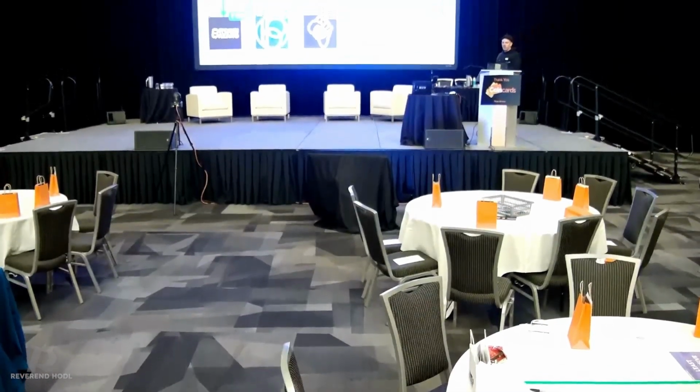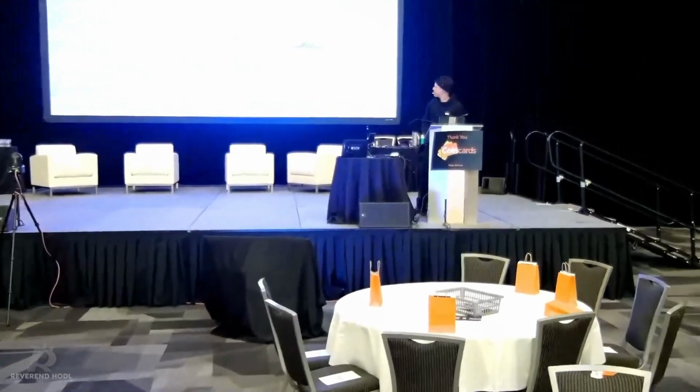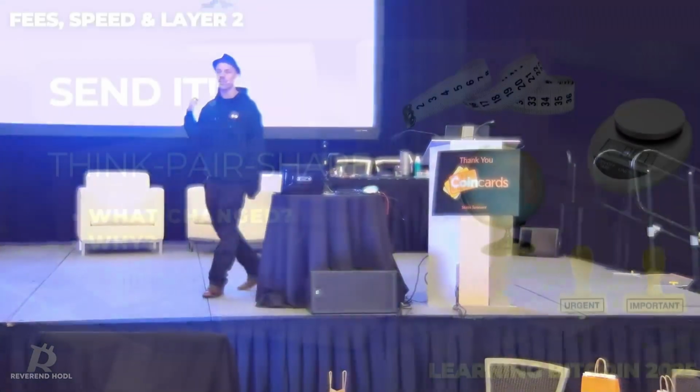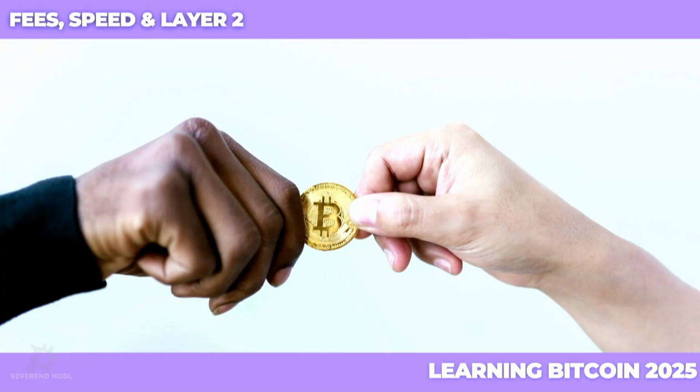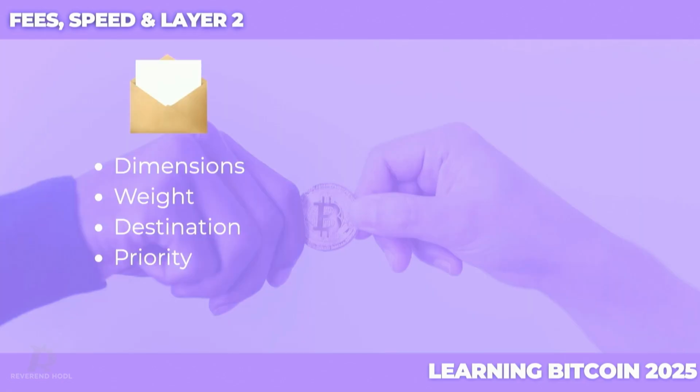Okay, so let's have a look at Bitcoin fees and how these things work. So we saw that we were looking at things based on their size, their weight, the destination, and their importance or urgency. Now let's do the Bitcoin part, right? Because that's why we're here. We've been to the post office. We don't want to go back ever again, trust me. I send too much stuff in the mail, and every time it's a nightmare. When we send things via the postal office or UPS or FedEx in the physical world, dimensions, weight, destination, and priority are mainly the categories that are used when determining fees.